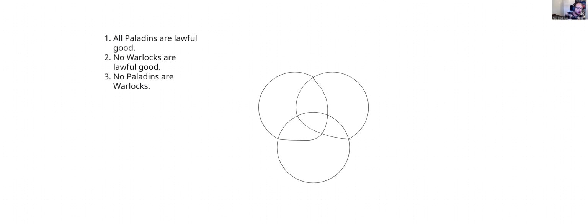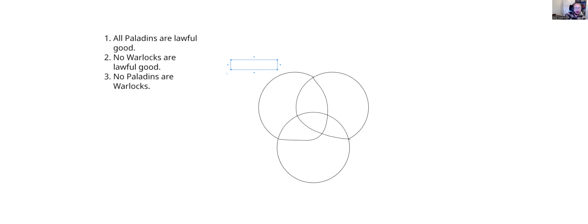So the first thing to do, say we're trying to assess validity here and we're using a Venn diagram. I will indicate to you on the exam, by the way, whether or not you should do a Venn diagram or whether you should do it using the intuitive method. If I don't say Venn diagram, I mean for you to use the intuitive method.